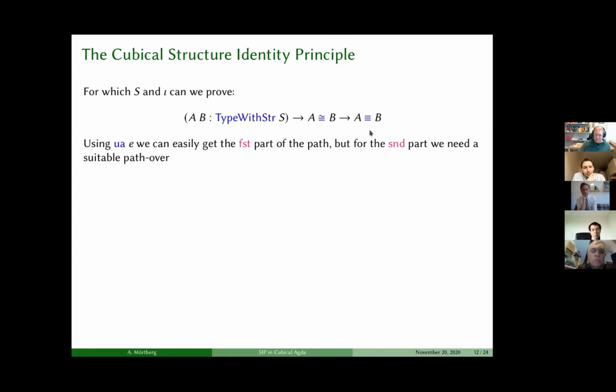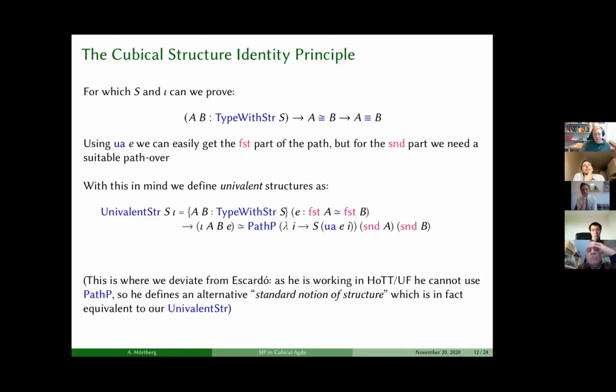If you don't know what a path over is, don't worry, it's not super important. But so for the first projection, we can just take UA of the underlying equivalence. That works fine. But then for the second part, there's nothing we can do at the moment. So this motivates a notion of univalent structure, which is one where iota is equivalent to the following path